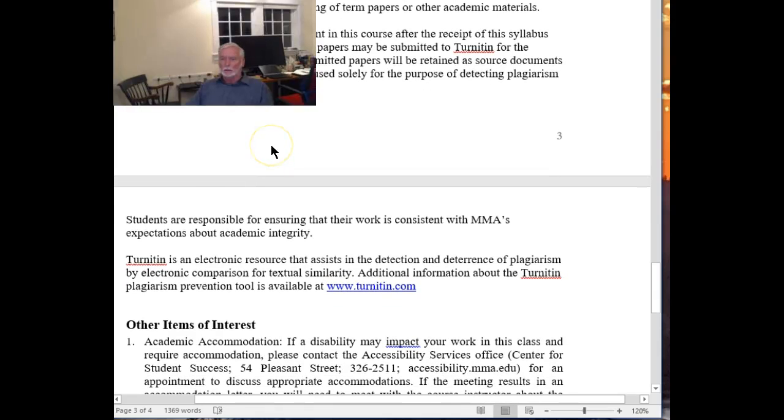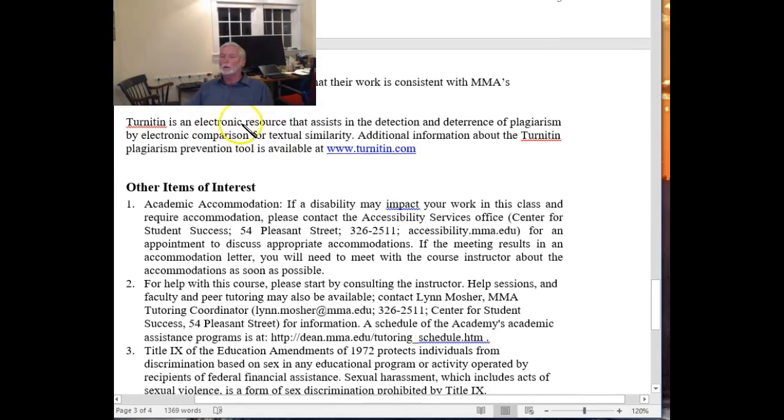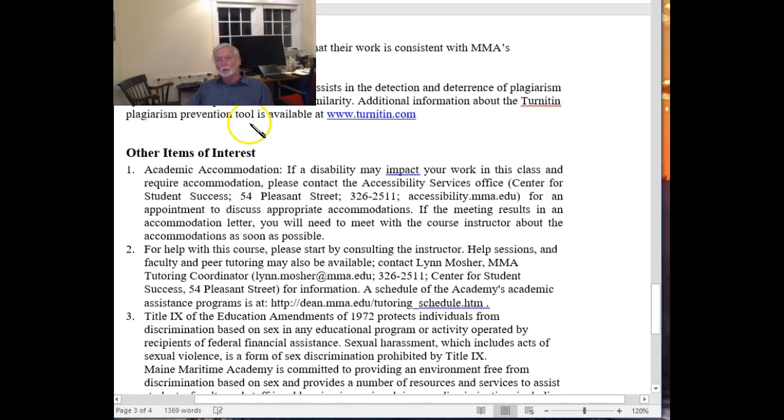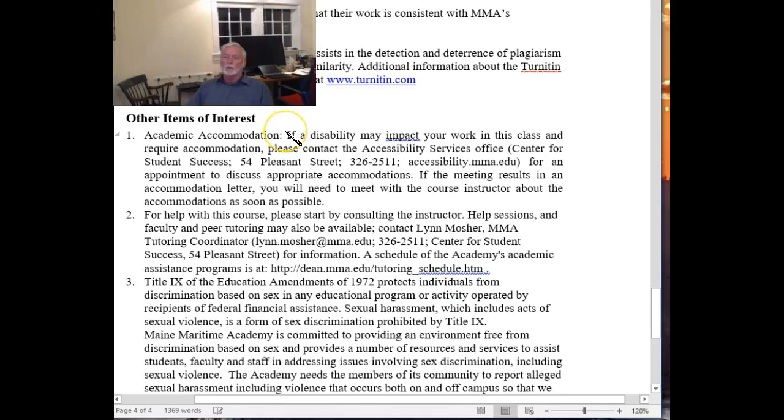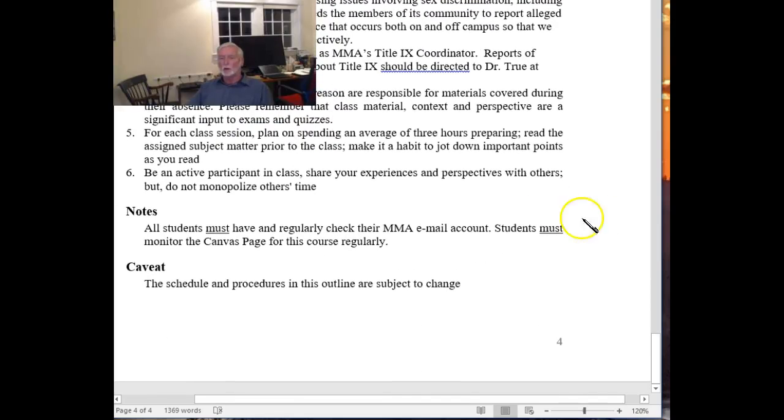That's Turnitin, and Turnitin requires me to submit your work, so therefore you have to understand that I have the right to submit your work to Turnitin, which means that it will be out there and might be used to check somebody else's work so that they didn't copy your paper. And then other things about academic accommodations and so forth, Title IX, all of those things are there. You can read through those. And that pretty much wraps up the overview of your